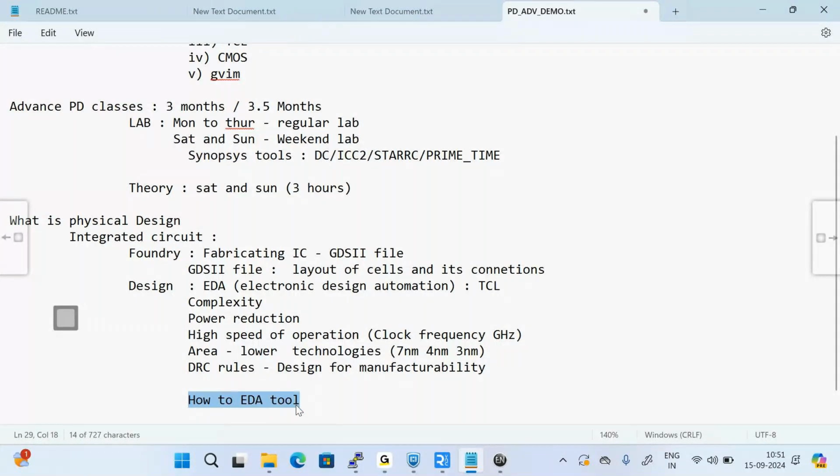Next, interacting with EDA tool, TCL. We can interact with EDA tool only by using TCL. TCL is a basic language which is required. You should compulsorily know that. If you are a PD engineer, you should compulsorily know TCL. Without TCL, you cannot do physical design. But TCL only is not sufficient,